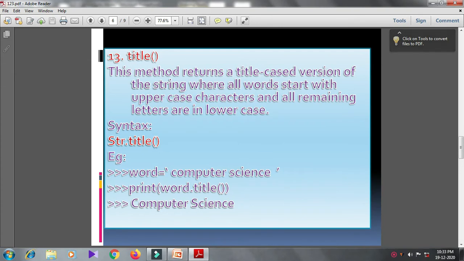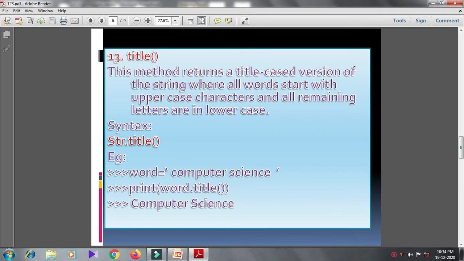Next, title. It returns a title-cased version of the string where all the words start with uppercase characters and all remaining letters are in lowercase. Its syntax: str.title(). Example, word equal to computer science, with a small letter c and a small letter s.